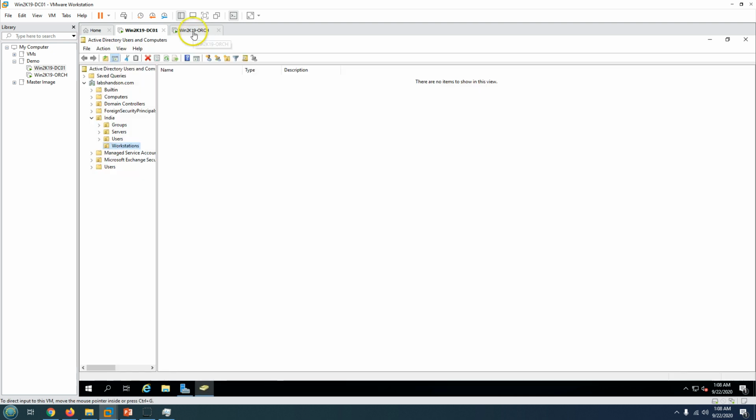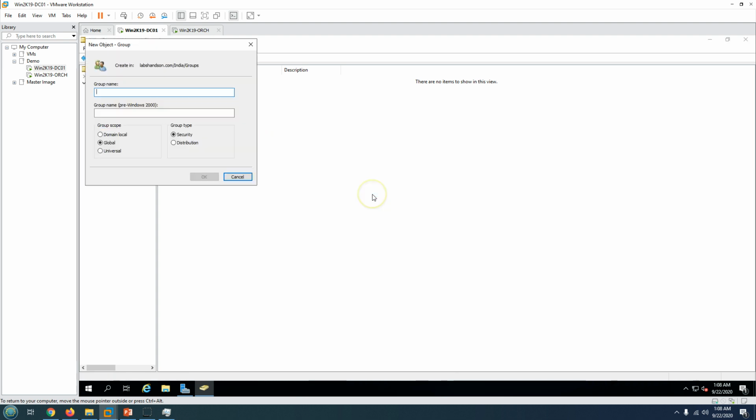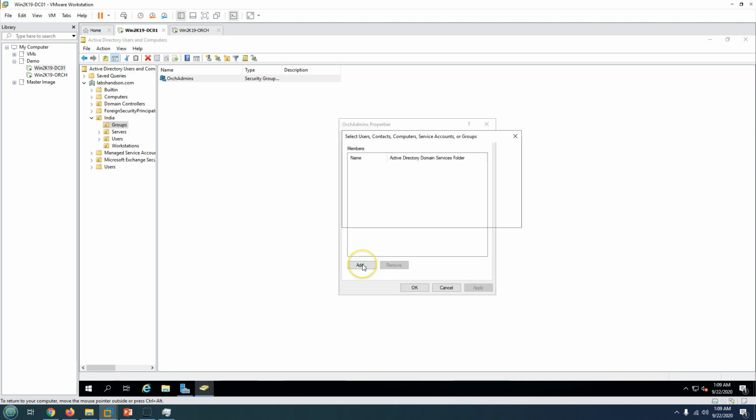So just going on my India OU, and then I'm going to create one group called org-admins, and this is going to be security and global. And now I'm going to add my org-admin account on this